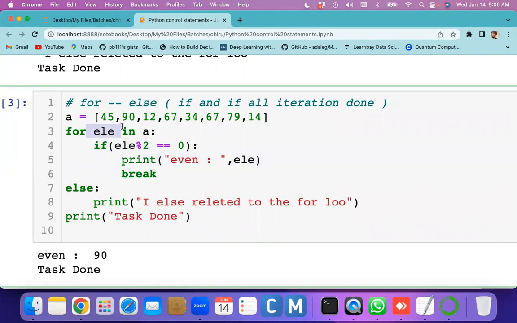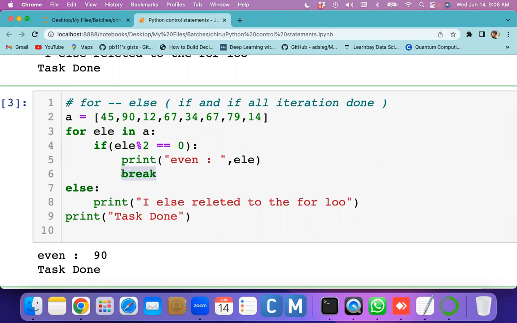I have one doubt. Tell me. It is checking the second point, 90. If you want to stop at the third point, like 12, how will it be?